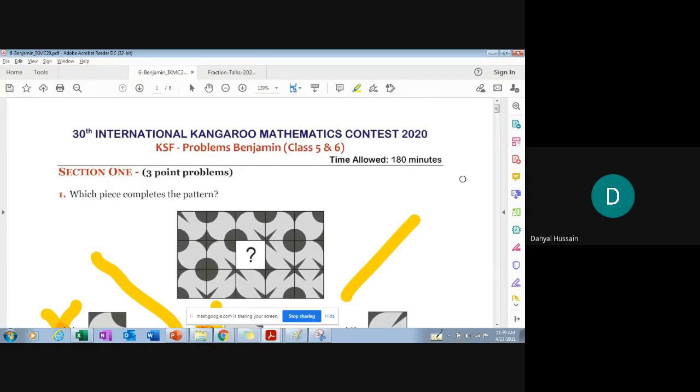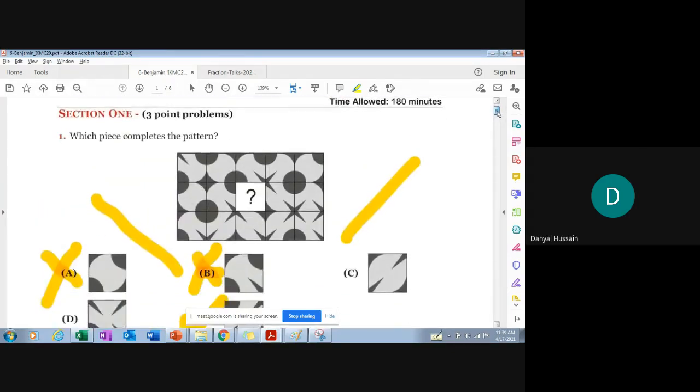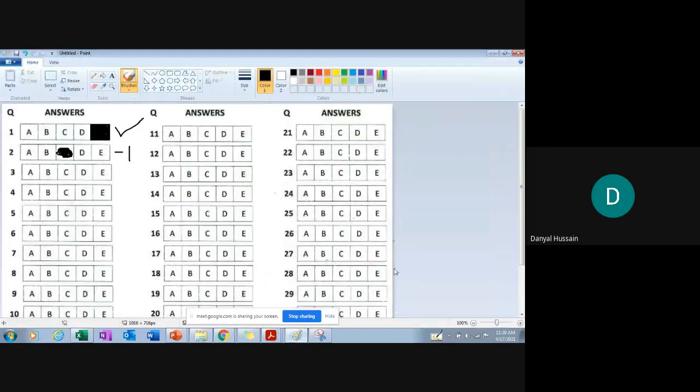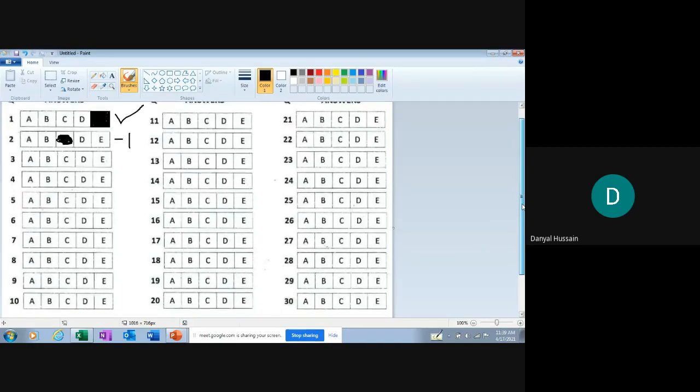What I'm trying to say, let's try to understand it again: you can write anything on your question booklet, but you cannot write anything extra on the answer sheet. So be careful while solving the answer sheet. At the end of the contest, when you have read all the questions and you know which one is the correct option for question 3, question 4, for example, question number 4 has A as the correct option, so I have to fill it.